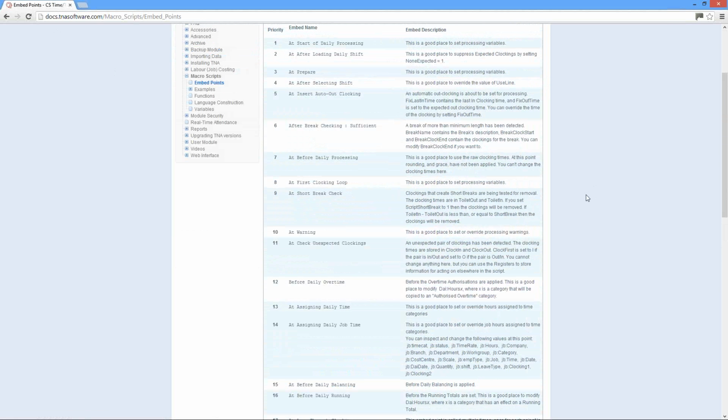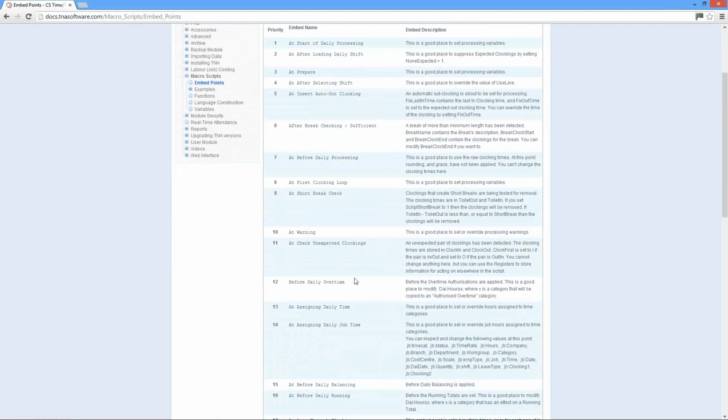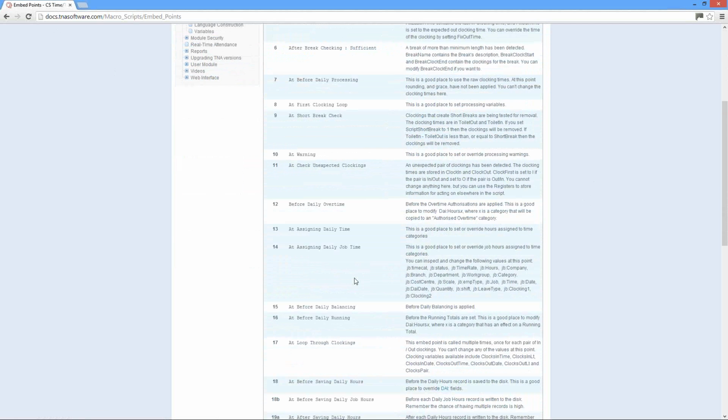If you're not quite sure where exactly to put it, besides reading this description and finding out what's going on there, first of all you need to decide what it is that you're going to be doing. In this case, if we're doing a break macro, we're altering the hours. So I wanted, before it actually saves the information, if I go and look for something that involves hours and I scan through here, I can see, okay, possibly, let's just see if there's anything,